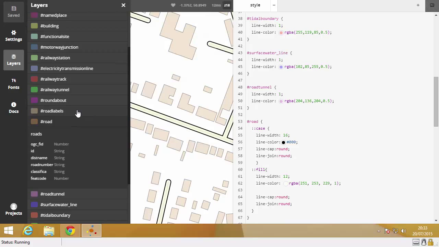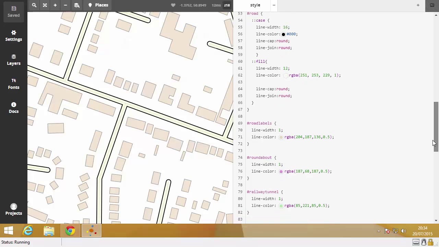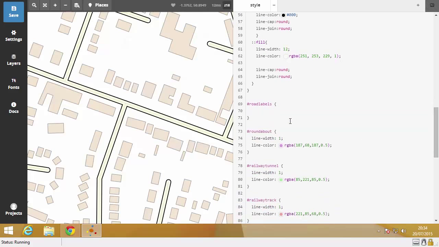So we can't do the labels from the road one as well, because otherwise all this fill that we've done starts rendering over the top of it, and it makes it very awkward to do. So we actually have to do our labels on road labels here. If we go and find road labels in the left hand side, you can see it's down here. If I take out the styles that are in here, you'll see that annoying little lines will disappear, and now